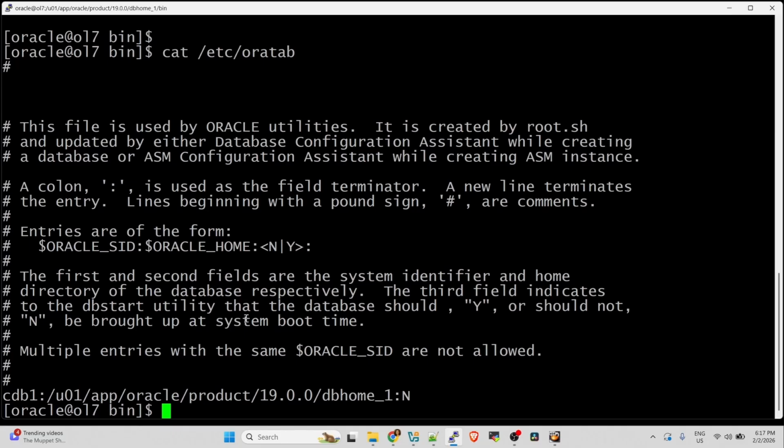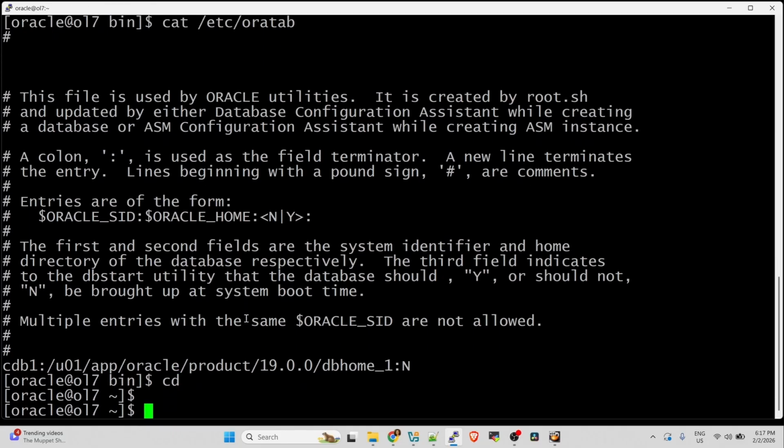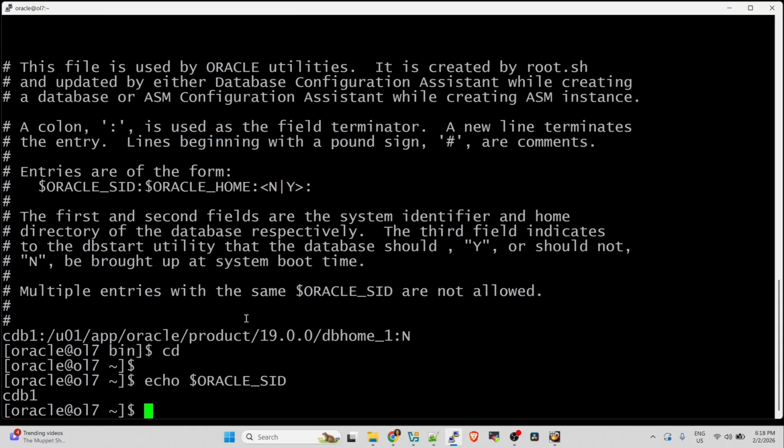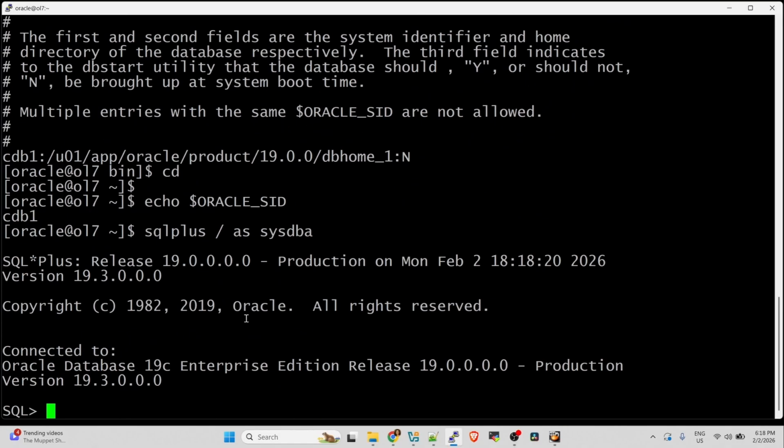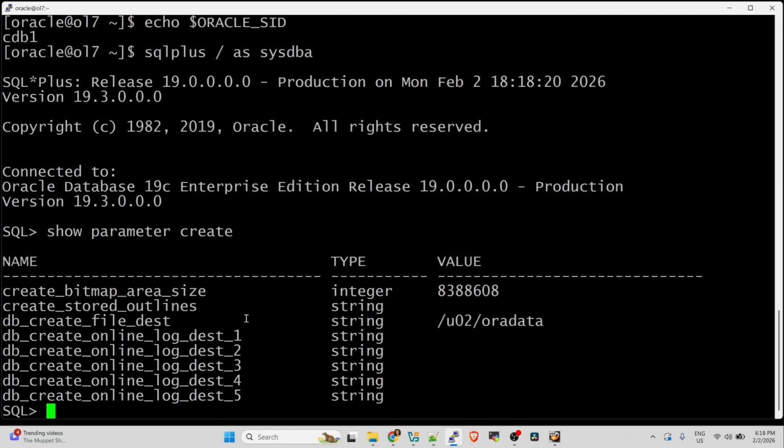And then let's connect to the database. CD, and then echo, sign, Oracle, seed. So CDB1, sqlplus, dash, as sysdba. Here we can show parameter create.